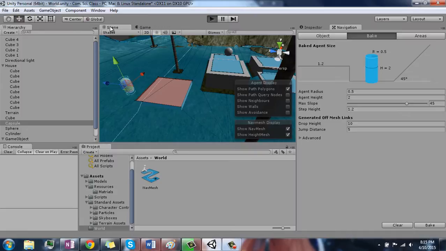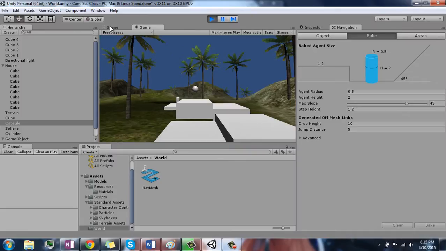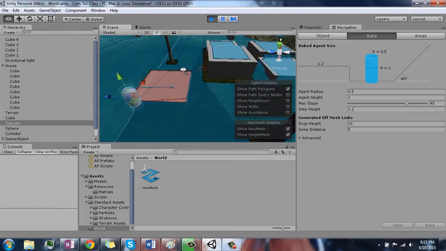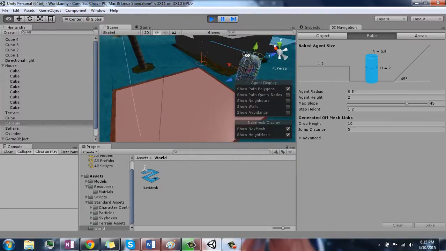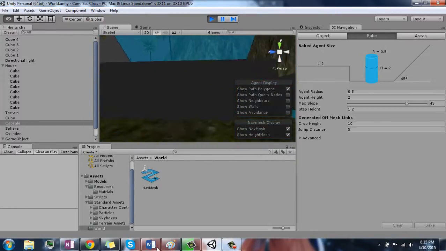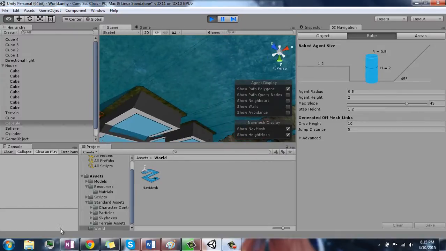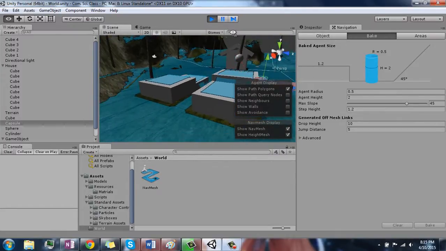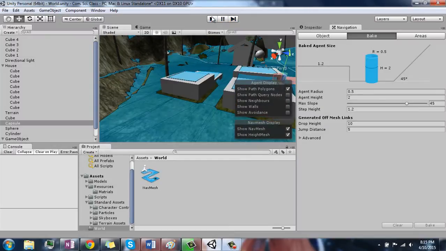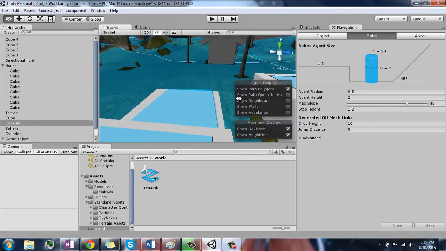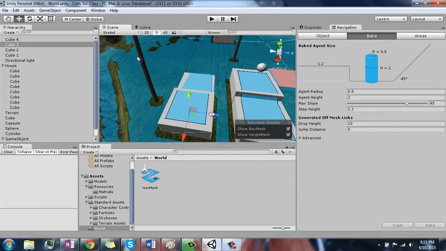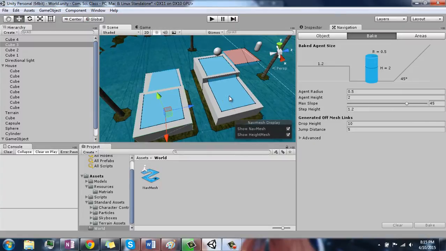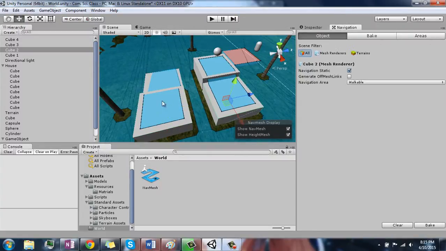I'm going to switch to scene really fast. Our agent can only navigate to this area here because we have no way of getting from, oh gosh, that really flipped my camera, getting from this ledge to this ledge. What we need to do is have something known as off-mesh links. So now if I go to this object, I can click generate off-mesh links,